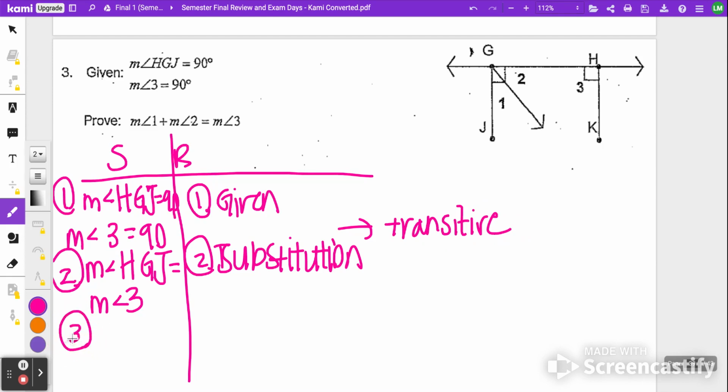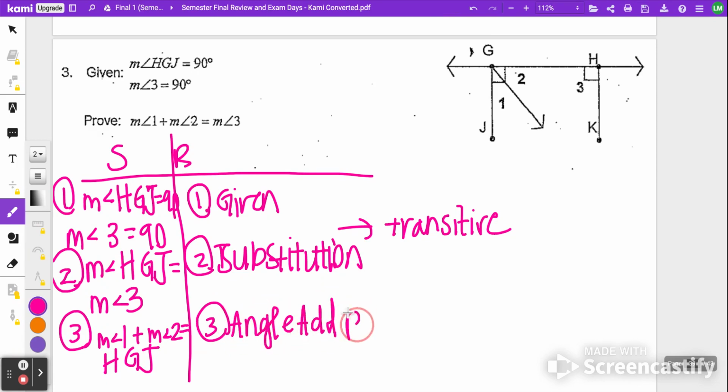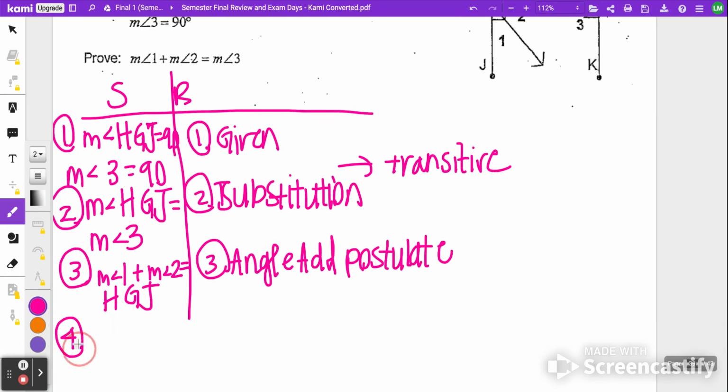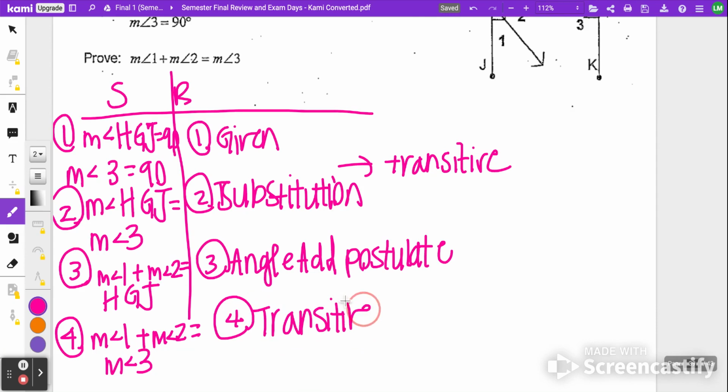Once we have that, then we can say the measure of angle 1 plus the measure of angle 2 is equal to HGJ, because that's shown in the diagram, or the angle addition postulate. So now you can wrap it up and say the measure of angle 1 plus the measure of angle 2 equals the measure of angle 3 using the transitive property. Okay, that'll conclude our